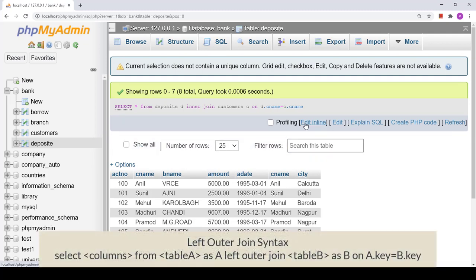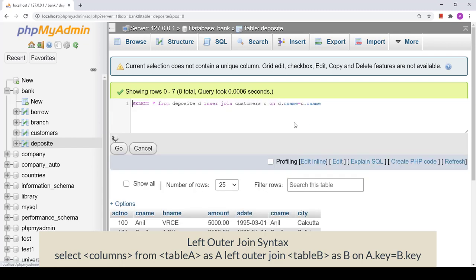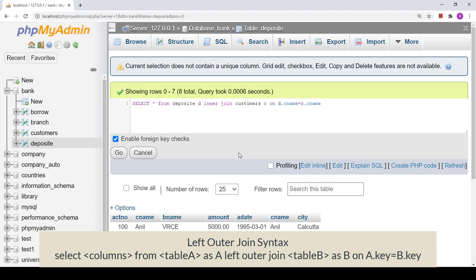Now let us move towards the left join. In the case of left join, it is going to display all the data of the table which is on the left hand side. Now in place of inner, you can simply write left join, or you can write left outer join. Both will work.